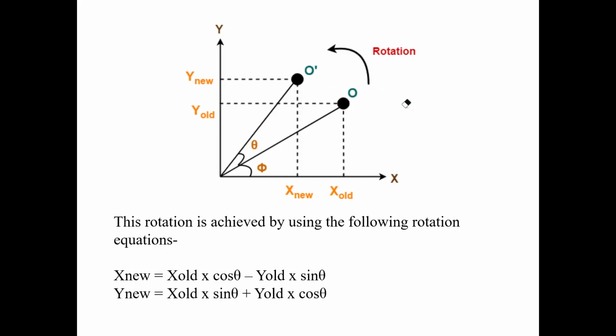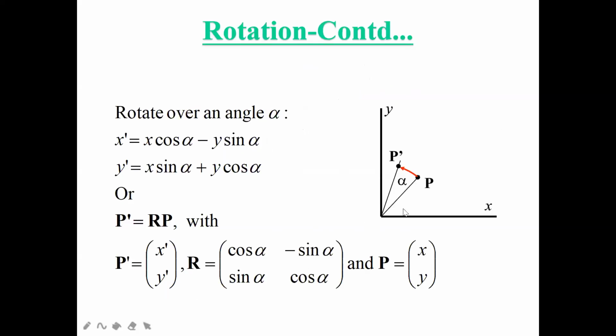Now we will see the next slide. Here you can see, suppose I have one object here, P. The same thing has been replaced with some other angle so that it will be easy for you to understand. The rotational angle I have taken as alpha. Here the original point was P and I have rotated it to P dash. If P is the original point, then I can take the coordinate values as x comma y for this.